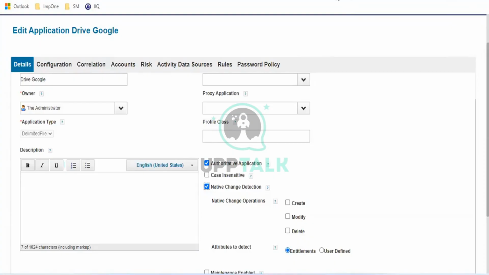When it comes to audit, let me take an example. Left hand side is SailPoint and right hand side is the target application. A target application could be anything. It has to match. There has to be an access request, and from the target application the identity should have access. It should match. Understand what I'm saying? If someone is making changes in the target application directly and SailPoint doesn't have any access request, in that scenario, if you enable native change detection, SailPoint will detect it.